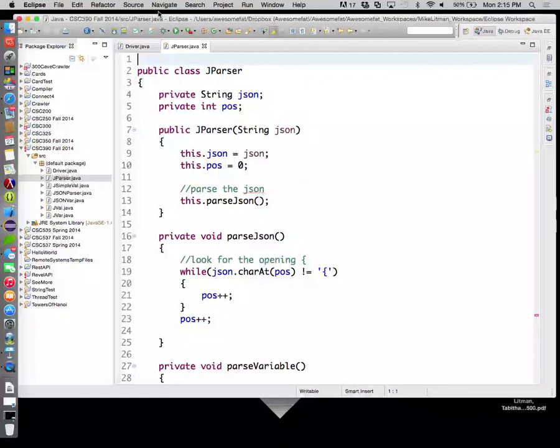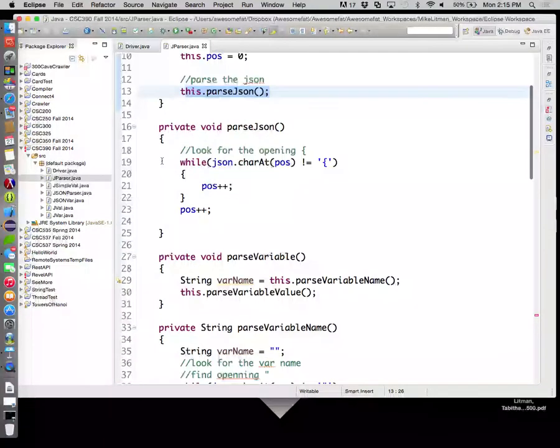All right. So let's try to finish up our parser real quick, and hopefully today. And then we can start dealing with our voting dealio. So let's get us back to where we were. So we create a new parser, set the JSON, set the pause equal to 0. Then we call parse JSON. Parse JSON walks until we hit the opening curly brace, incrementing pause each time. As soon as we finished that, we have